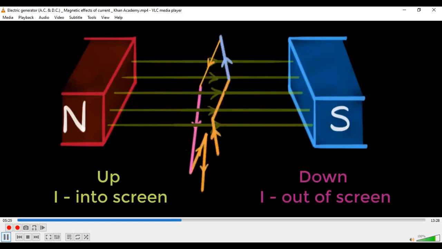Here again the pink wire comes on the left side. Now again the pink wire starts going up, the blue wire starts going down. As a result, the current in the pink wire will be inwards. The current in the blue wire will now be outwards. The current will again reverse. So every time our coil is in this position, which is perpendicular to the magnetic field, you will see the